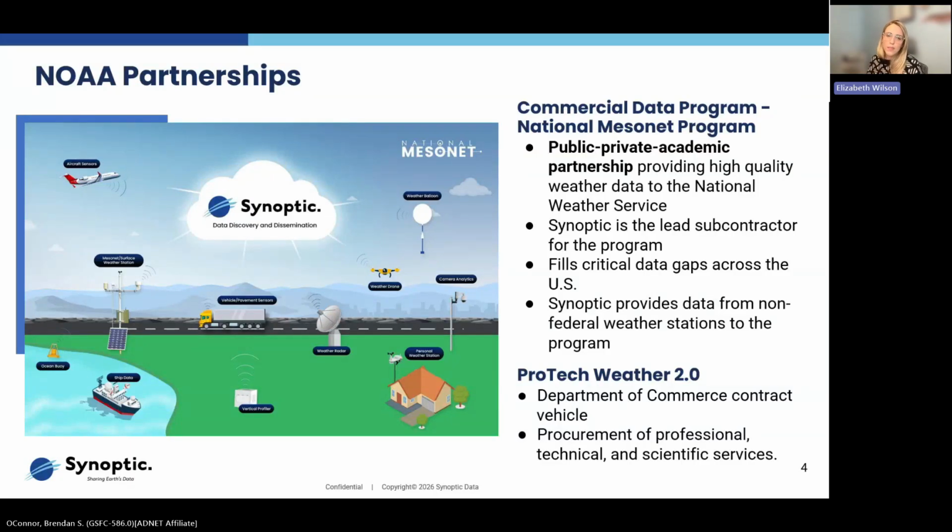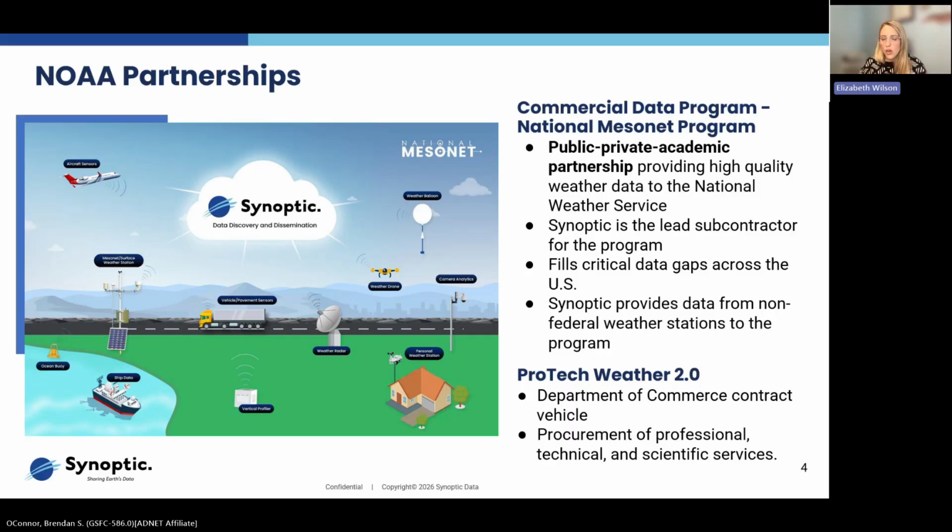That image on the left is all the different types of data flowing into the National Mesonet Program that the Weather Service is then able to use in their forecasting and safety mission. That's aircraft data, surface data, ocean data, all the different data types I addressed before. And it's filling those critical data gaps across the United States.